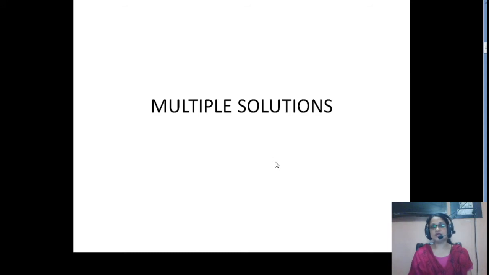Now, students, we generally face the situation of multiple solutions. In the previous question you have seen that it is point C which is giving you the maximum contribution, right? So we have only one solution at point C. But generally, because of different permutations and combinations, we come across situations when we have multiple solutions. It means you can optimize your production process or any process at two different points, giving you the same result. So let us see how it goes.